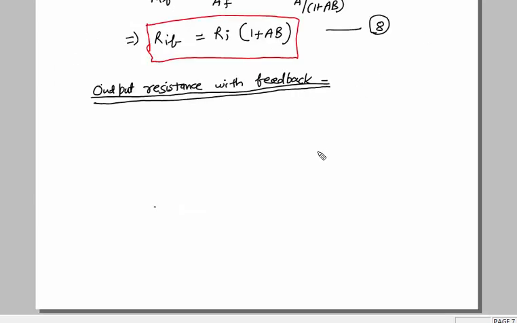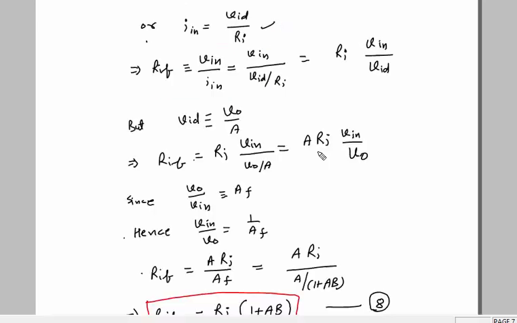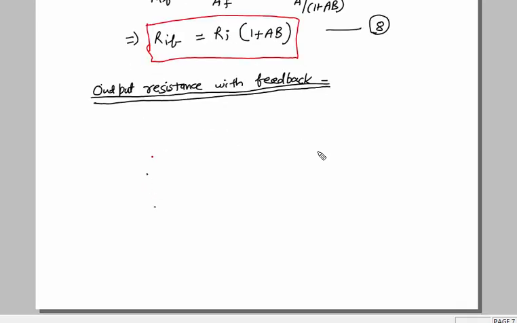To obtain the output resistance with feedback, we are going to use the standard method: reduce the independent source V in to 0, apply an external voltage V naught, and then calculate the resulting current I naught. So we will replace V in by 0. Voltage 0 means short circuit, and we will remove the load, apply an external voltage, and see how much current it is giving.